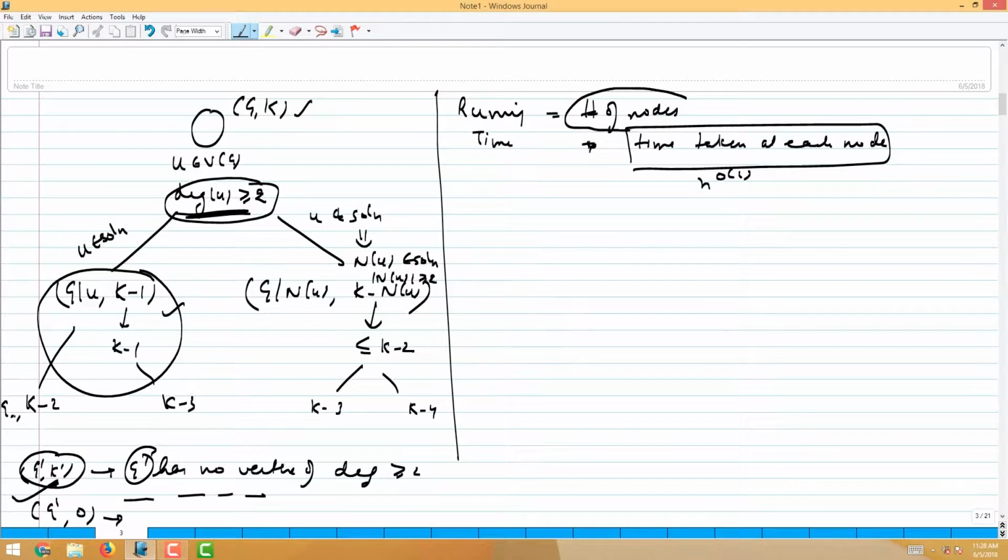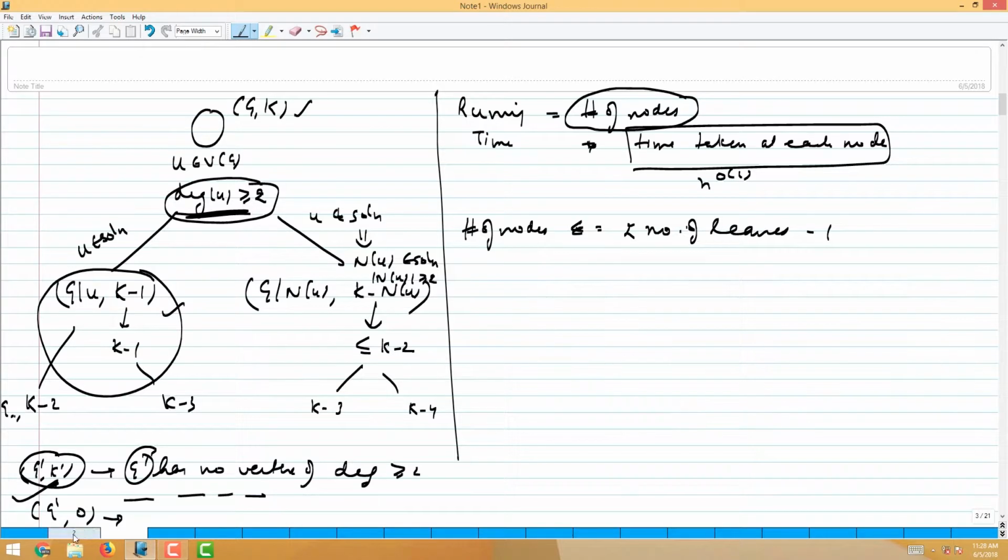And again, as I said, the number of nodes in a branching tree is basically equal to 2 times number of leaves minus 1, because it's number of leaves plus number of internal nodes, and because each internal node in a branching tree has at least 2 children, so the number of such internal nodes is not more than the number of leaves minus 1. So it's number of leaves plus number of leaves minus 1, which is 2 times number of leaves minus 1. This is because of this,